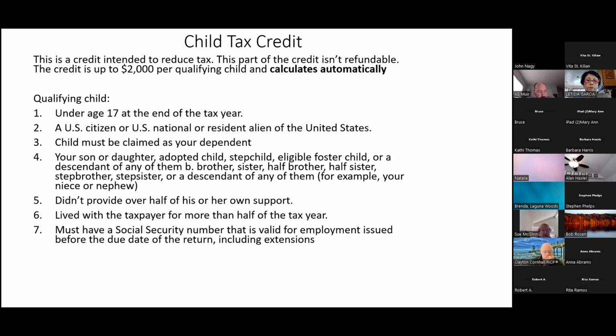And then some people ask me, Jerry, what about an electronic version of a social security card? Sure, you take a picture of your card, that's acceptable. And again, we want to look at the hard copy or the electronic version of the social security card. I'll mention this. Some people lose the social security card. You can go to the Social Security Administration, and it does take a while.